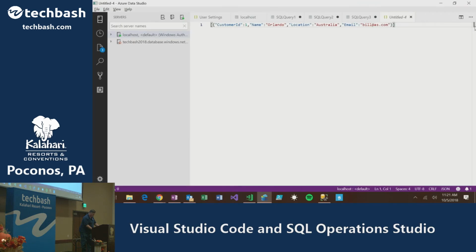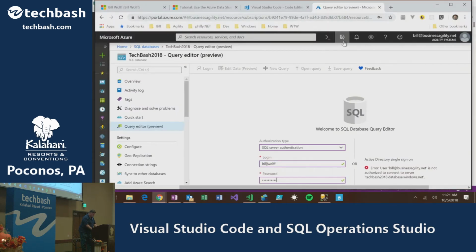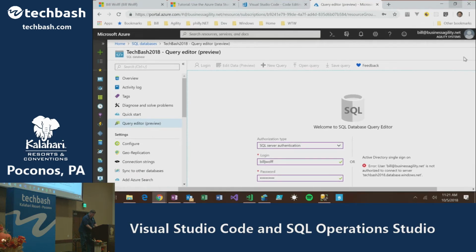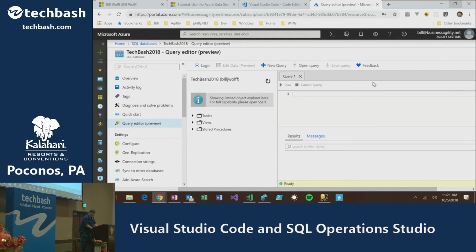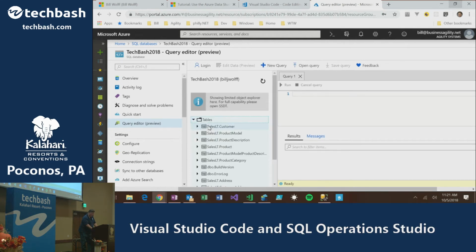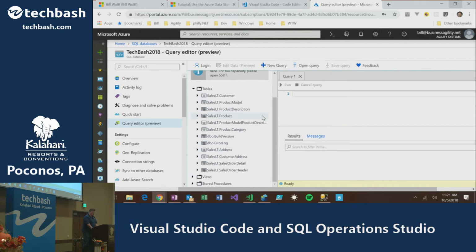Here, I have to click on OK. Okay. So I got in here, and I can see that I have customers. I pre-populated this with what's called the AdventureWorks database. And I could go down here and say, like, let's look at the orders.